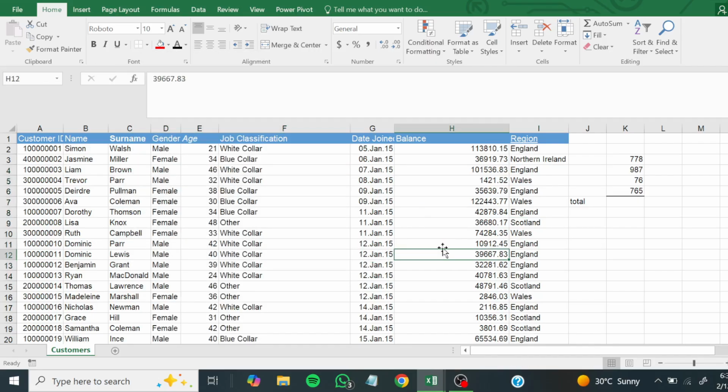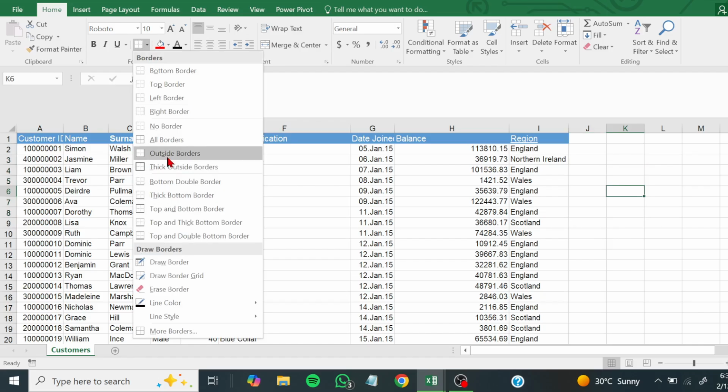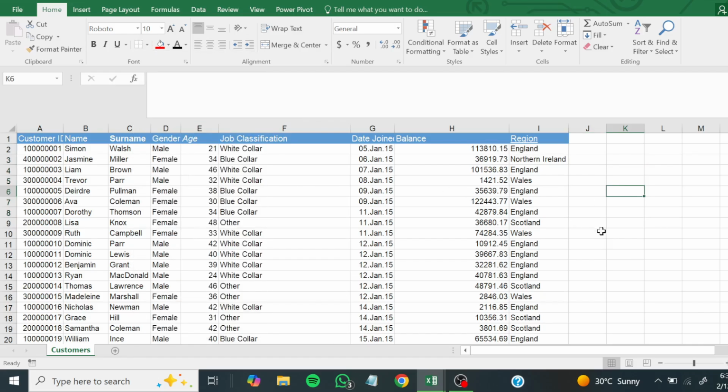All right, okay. So the next option I want to tell you about is the alignment option. Let me just go ahead and delete this, and no border. We've already talked about the default alignment for text and number. But before I go to that alignment, let's talk about